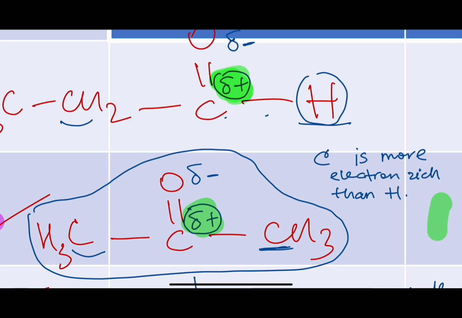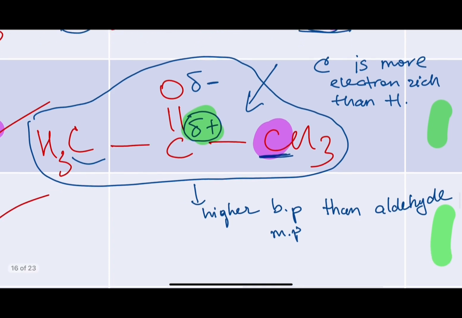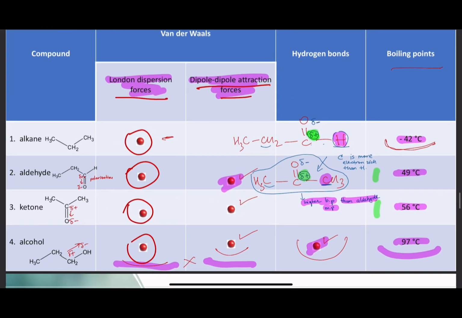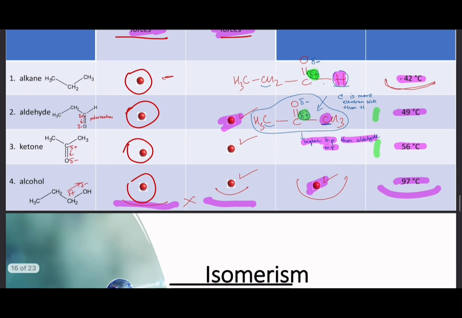But this hydrogen that I have here doesn't have enough electron, while this carbon has more electron than the hydrogen, which is why ketone will be more stable and have higher boiling point and melting point than aldehyde. So when you put them in order, as you see, alcohol had the highest, then we had ketone, aldehyde, and